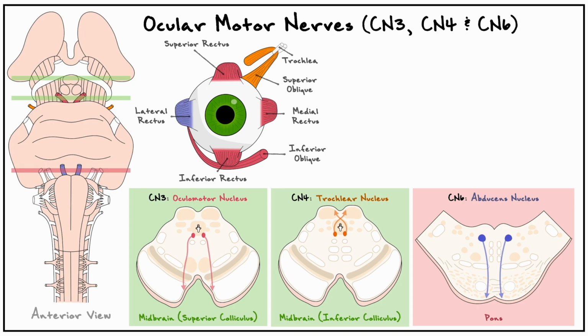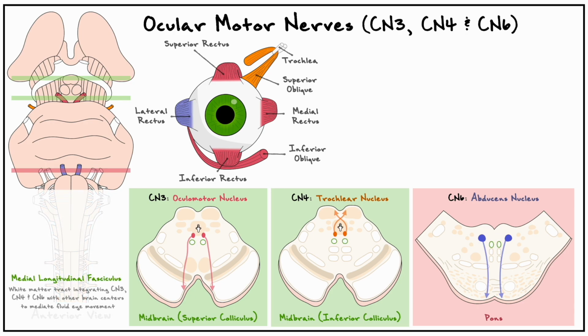To do so, the 3 nuclei communicate with each other to coordinate the movements, and this is done through the medial longitudinal fasciculus, which is a white matter tract that integrates their signals with other brain centers to mediate fluid eye movements. Beyond controlling the muscles that move the eye, the oculomotor nerve has other functions that are important to consider,